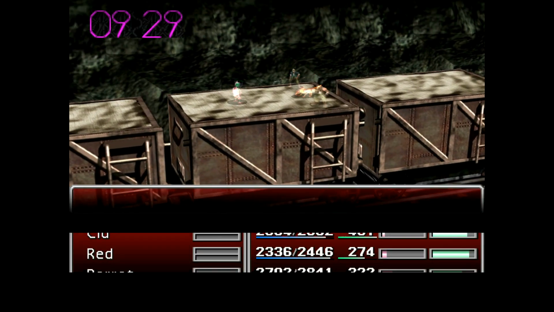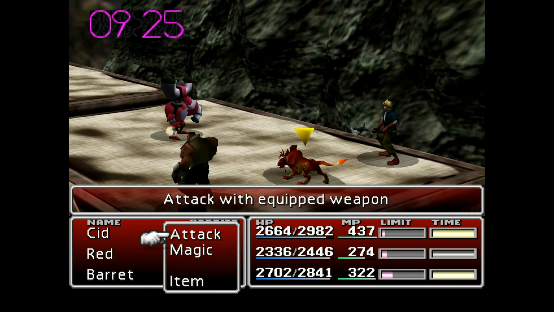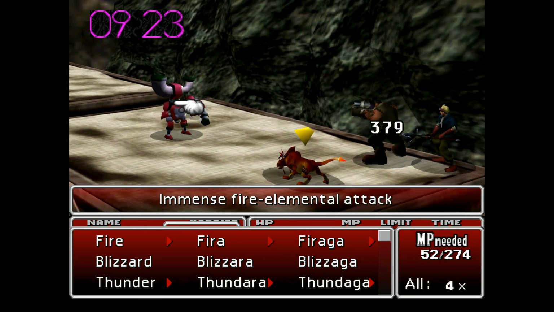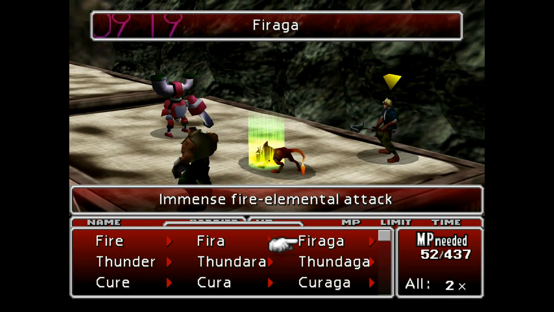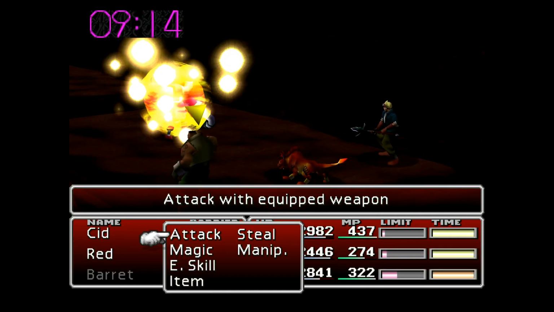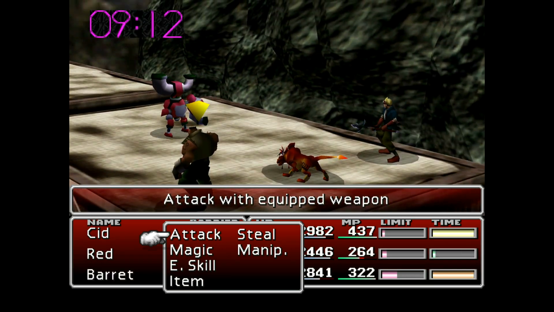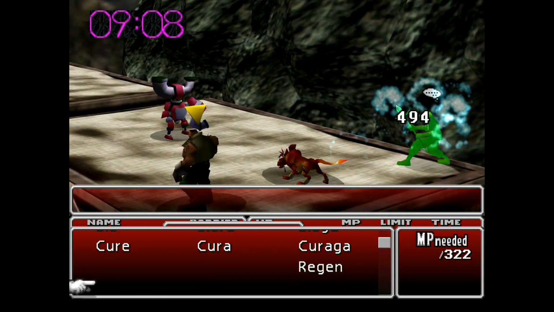Now, each one of these train cars has a fight on it. Some are going to be easier than others. We're going to start with this repaint of a guy we saw way back in Midgar. This guy's called the Gas Ductor. I don't believe he has any particular weaknesses. I think it is kind of a machine and maybe weak to lightning, so go ahead and cast Thundaga if you want to. Or if you'd like, you can cast Trine, or maybe even...